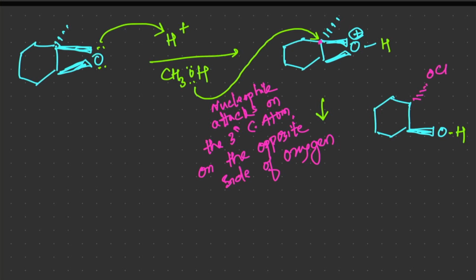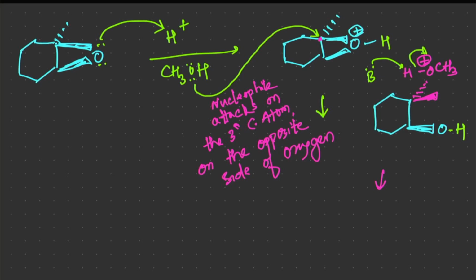So that's OCH3 and H plus, and the methyl group gets pushed up. So the methyl group that was here gets pushed up from dash to wedge. And the final thing is your base would abstract the proton. So as a result, what you'll be making is,